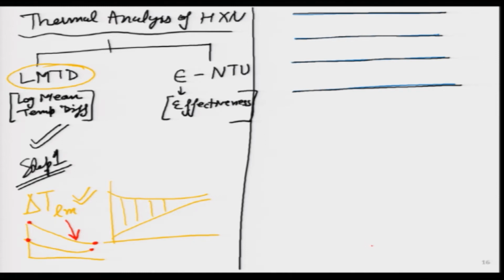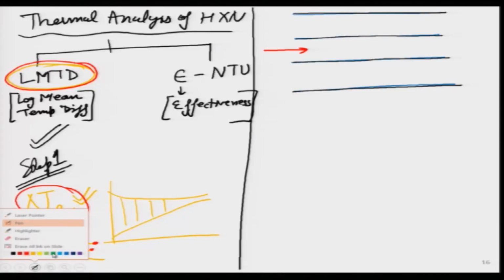I am just sharing this; I think by the end of today's lecture or next lecture we will be able to do that. The only thing is students have to keep a little patience, because we will do a lot of thermal analysis in order to figure out how we define this LMTD, what its significance is, and what different types of heat exchangers we can apply it in. Parallel flow, we have looked at counter flow. Very soon we will look even at shell and tube heat exchangers. In addition to that, we have to look at cross flow heat exchangers. In all those we will be able to calculate LMTD, but first we will do it for the